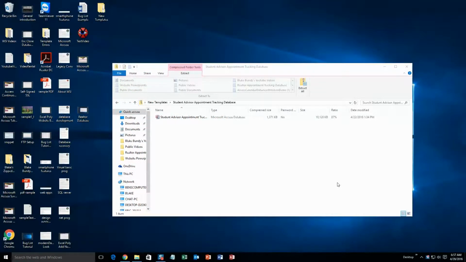And today we're going to be taking a look at a brand new Microsoft Access database template that we offer. It is called the Microsoft Access Student Advisor Appointment Tracking Database. It is so new that it is not even on our website yet, but when it will be added, simply go to the database template list on our website and search or scroll down until you find the Student Advisor Appointment Tracking Database. Once you get to that web page and click on that, you will open up a screen